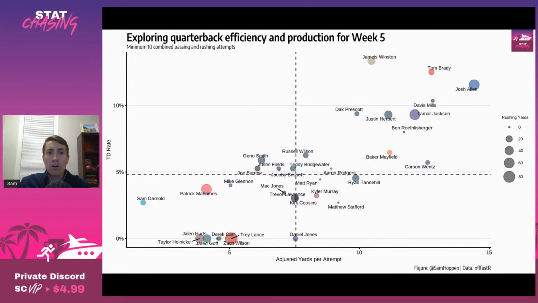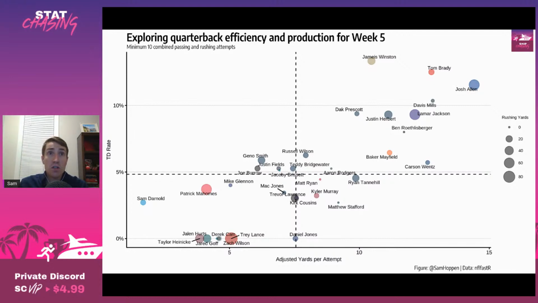I'm going to switch the chart over to the week 5 because I had a question from, hopefully I pronounce this right, Jay Wyke in the Discord about Lance and Fields and just expounding on them. Unfortunately, looks like Trey Lance has a sprained leg. The 49ers have a bye in week 6, and it sounds like Jimmy G will be the starter when they return. It sounded like he was already pretty close to potentially playing in the game this past Sunday, but with the extra week, I think, again, Shanahan's going to roll with Garoppolo moving forward, which is a shame.